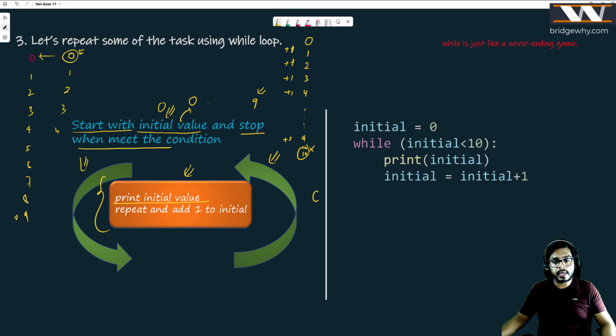So what am I going to print? I'm printing 0. And then repeat and add 1 to the initial. Repeat means just repeat printing, but adding 1 to it, right? 1, 2, 3, unless it meets the condition. Very, very interesting, right? So I am doing the same thing again and again unless it is meeting